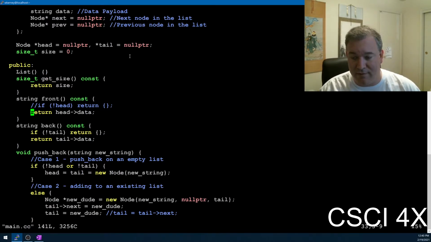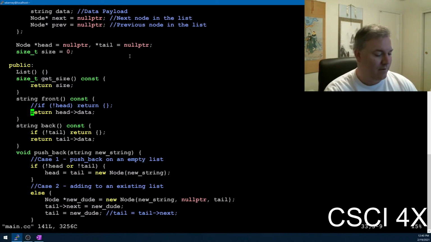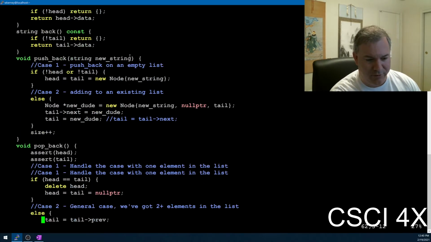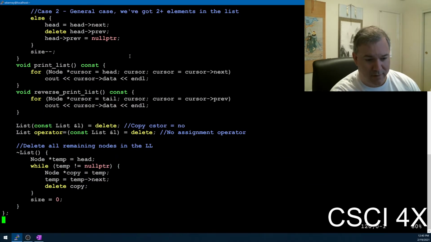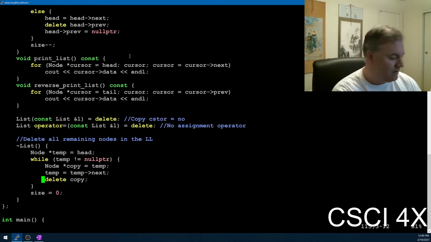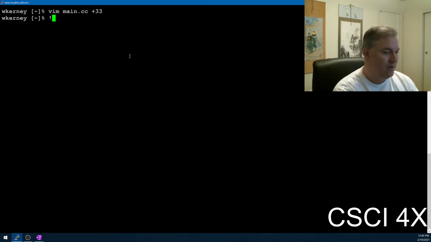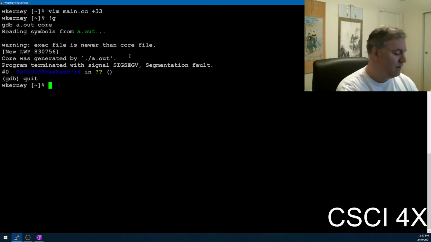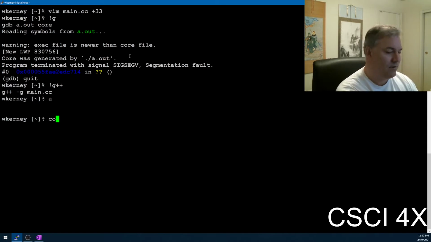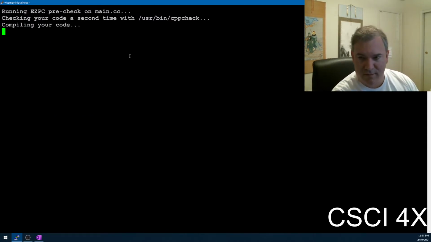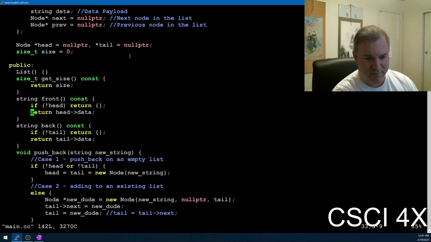It also catches things that GDB might not catch, like a double delete. A double delete is really bad. Let's just put a double delete in here. With g++, see, it didn't crash. But if we were to run this with address sanitizer on main.cc,